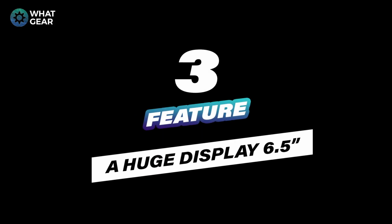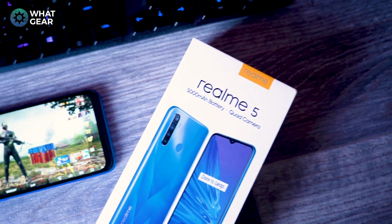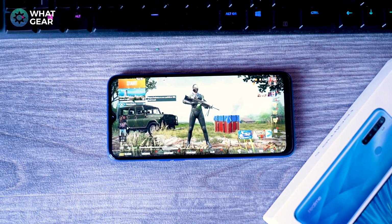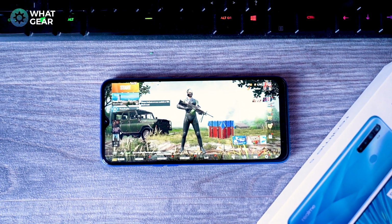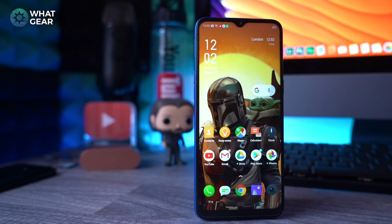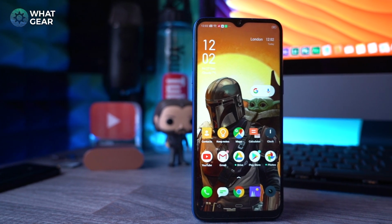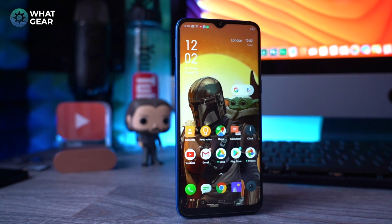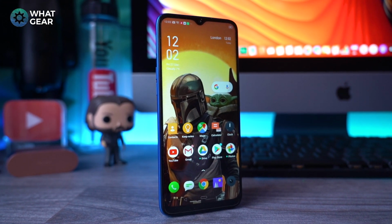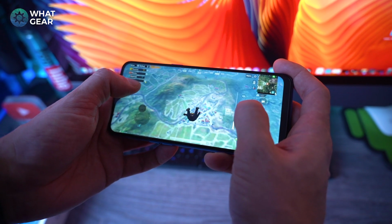Number 3, a huge display. So the reality is more and more of us use our devices more for multimedia than we do for taking and making phone calls, and that's why the size of the screen is really important. And again, this is an area where the Realme 5 delivers a flagship size screen. It's 6.5 inches, HD plus LED, 269 pixels per inch, which is pretty decent, and the color reproduction is pretty